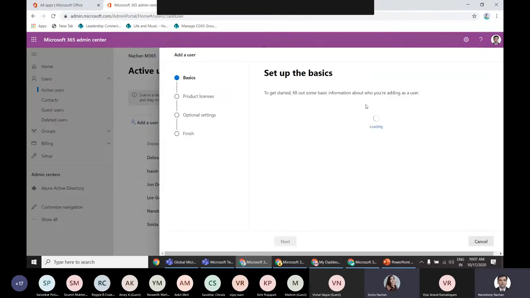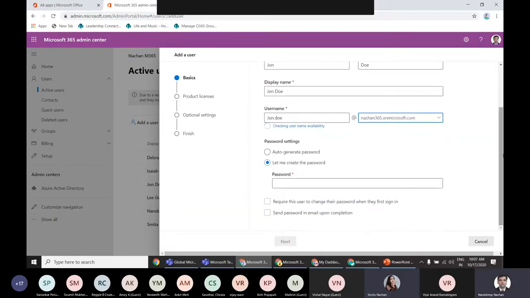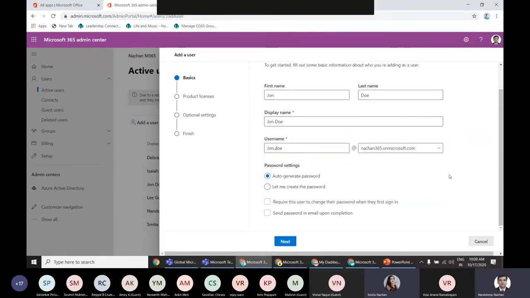Once we add the first name and last name, it will automatically populate the display name, and this functionality was not there in Azure. Then you can assign the username, and you can set the password, or you can create the password.